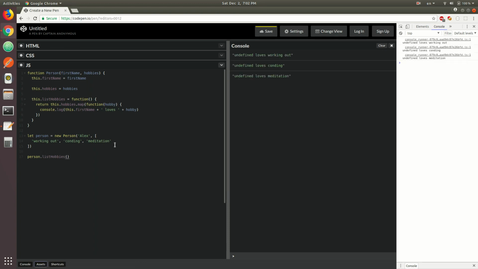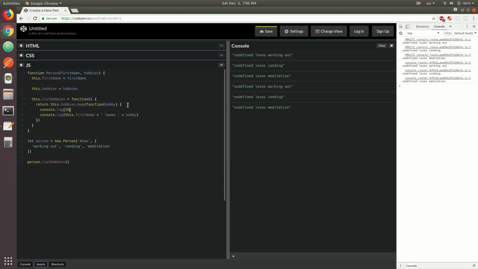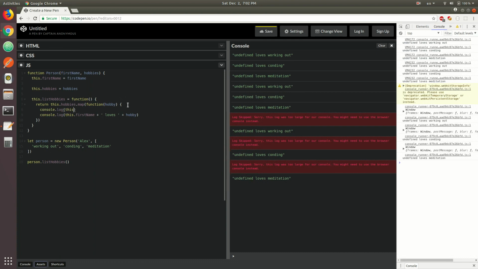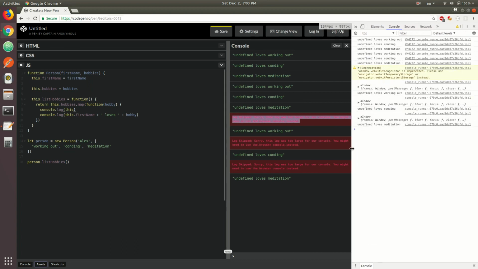Now in this case, we have an interesting behavior here. So we're actually getting undefined 3 times. Now this undefined actually comes from here. So we're trying to call first name on the this keyword, and it's not really clear as to what's going on. So let's say we were debugging this code. Let's say we didn't know what was going on, and we tried to console log the this keyword. Now in this case, we can't see it in the console log in CodePen, but we can actually see it in the browser. So let's just take a look there,